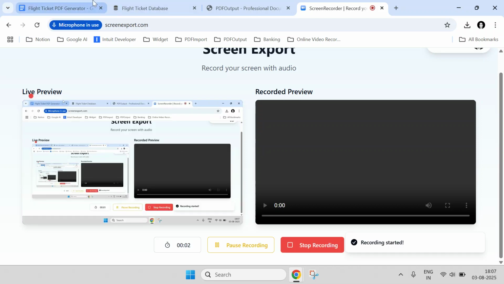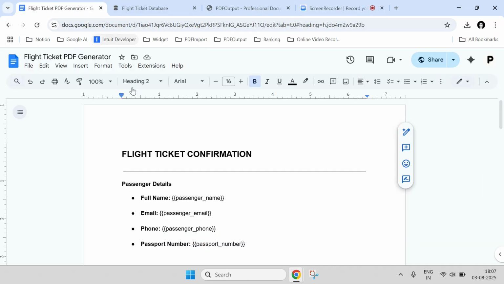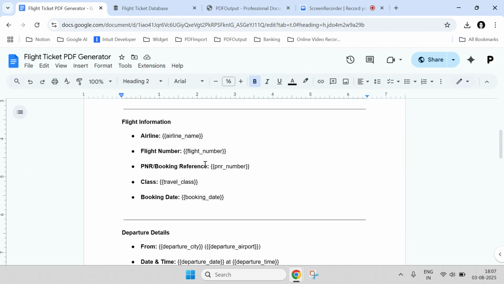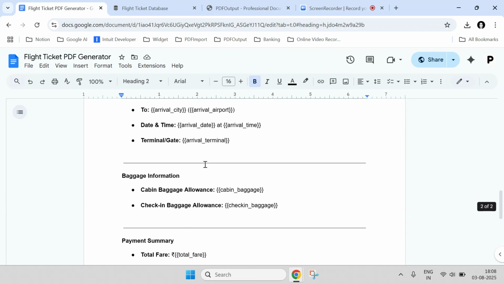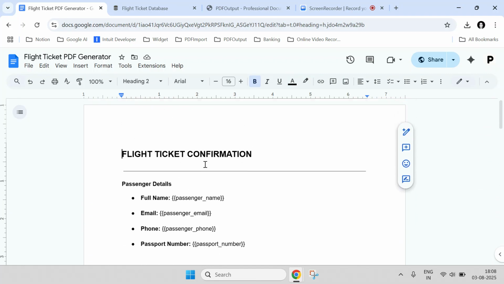Hi, today we're talking about flight tickets. So, if you're constantly generating flight tickets and you want to automate the process of generating PDF files, then this video is for you. As you can see, this is a flight ticket PDF document which we have created